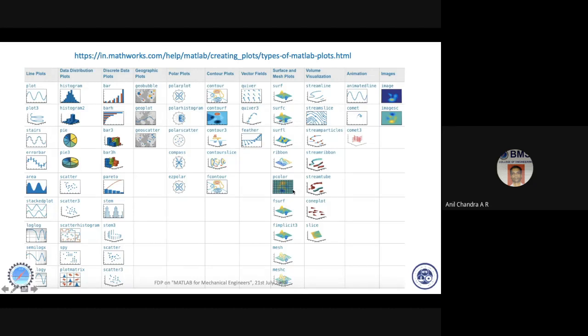For people who are interested in 3D, they can explore surface plots, heat transfers, something like this. So I told you loglog, semilogx, semilogy. I was just giving you a flavor of how plotting can be done, and please go to this website and explore.